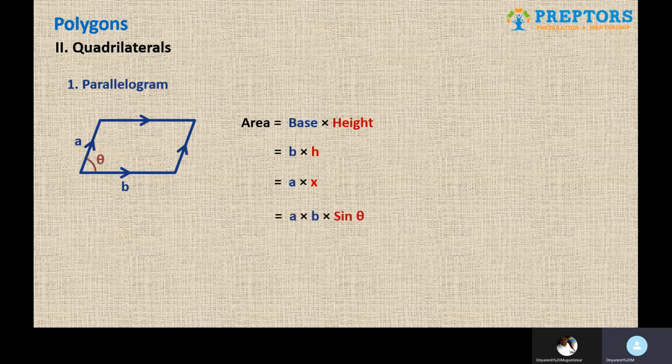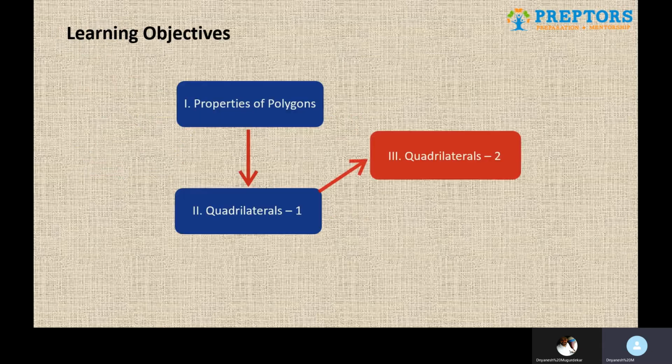Then there is one more formula of the area of a parallelogram, which is AB into sine theta. Again, theta is the angle enclosed between the two sides. No other angle is required, only the angle between the two sides. Again, remember this formula. It is going to have a future reference in a while. So half into d1 d2 sine theta from quadrilateral and AB sine theta from parallelogram.